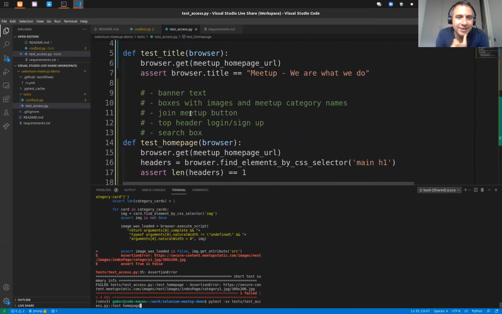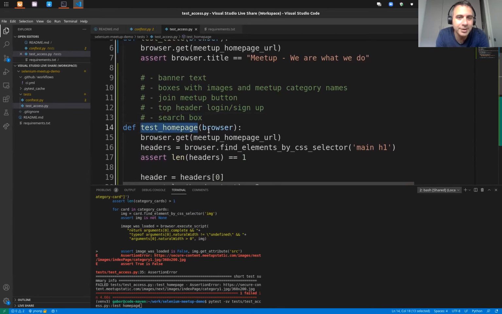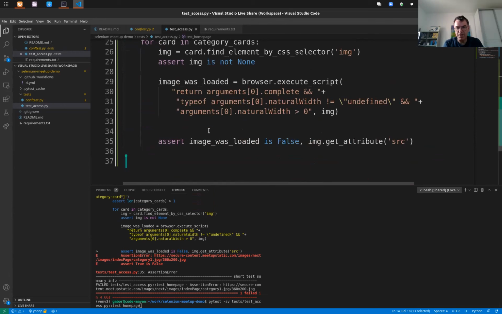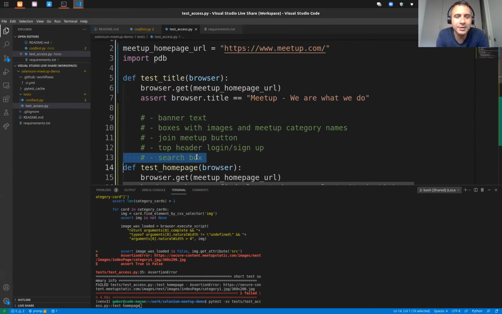Do you want to go to test the existence of the search box and then finish with the test homepage? But wait a second, I don't see that the failure is now, okay. Oh, so now it's an assertion error, okay. Good. I changed it back. Maybe you can write this one, the search box. Okay, I'll do the search box. Okay, and so what, shall I share the screen? Share the screen. Oh, not this one, wrong place.